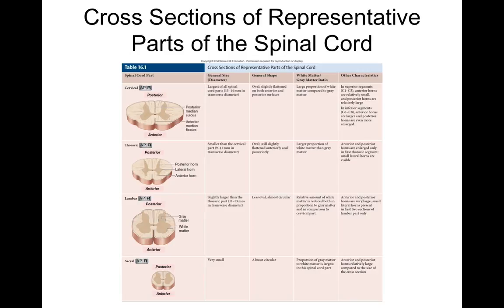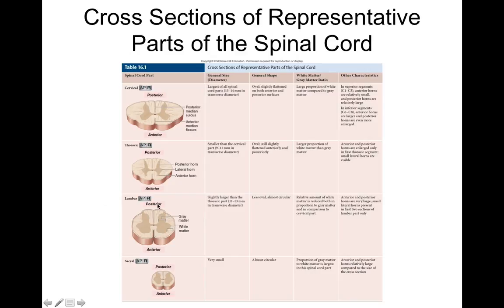You have thoracic muscles, like the trunk muscles, but those aren't under fine motor control. So it doesn't take a lot of nervous system control to move trunk muscles. So you don't need a lot of nerves emerging from the thoracic region to control those muscles. So the spinal cord is actually thinner in the thoracic region, but then it gets larger again in the lumbar region, because the lumbar region is what gives rise to the lumbosacral nerves that supply your lower